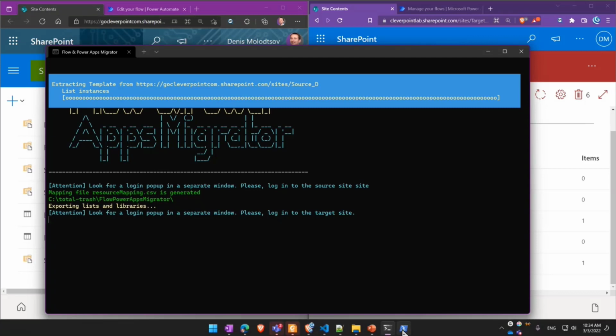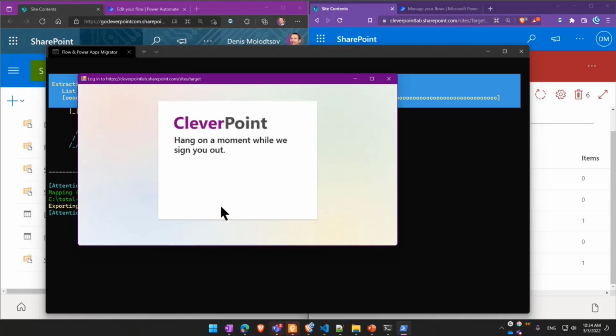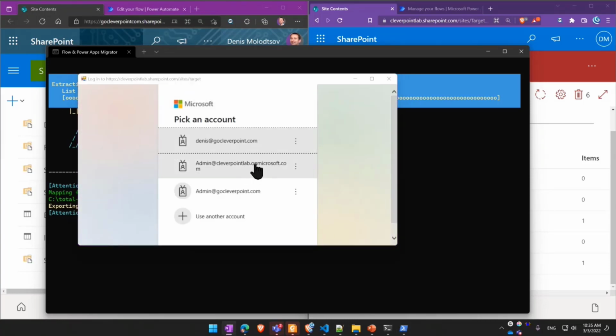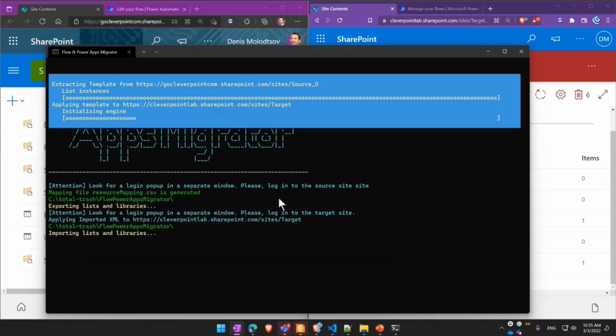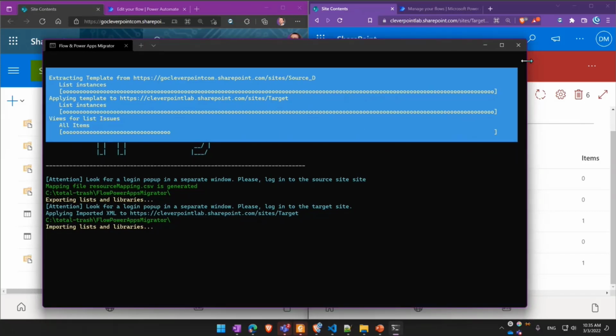Then once that's done, the next step is to connect to the target tenant. And as you might guess, the next step would be to import dependencies. So first, all SharePoint lists and libraries will be created on a target tenant. It should usually take a few seconds.